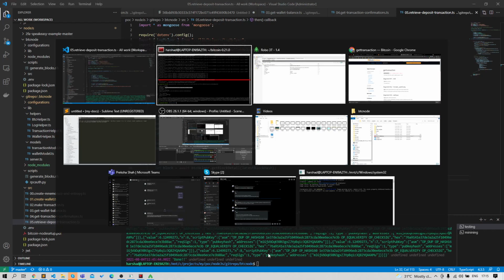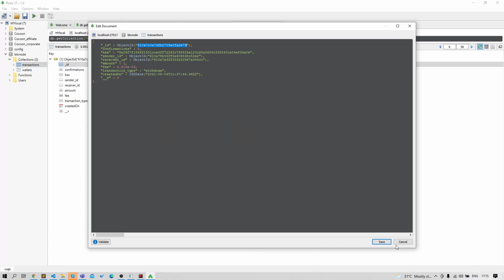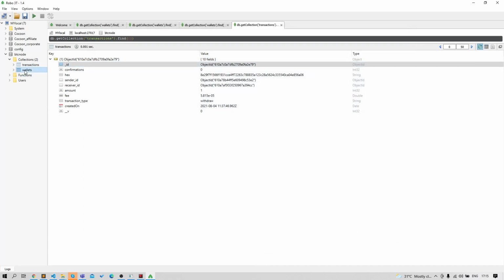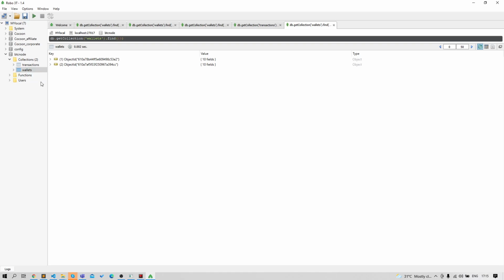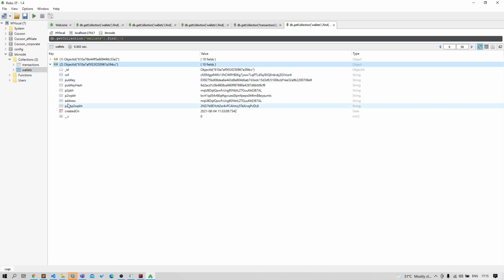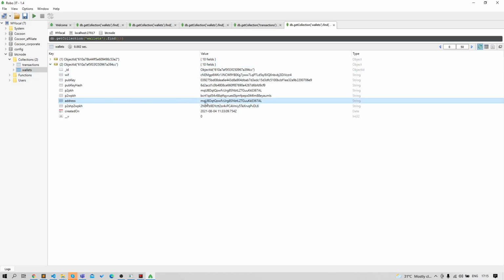So what does the deposit script do? Suppose this wallet is our receiving address, for example.